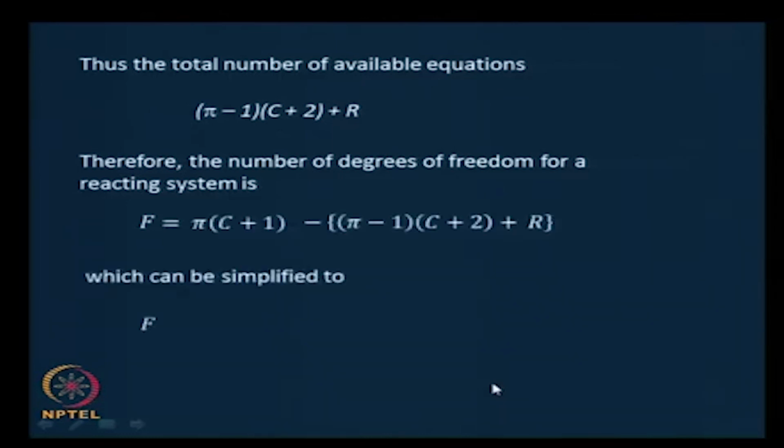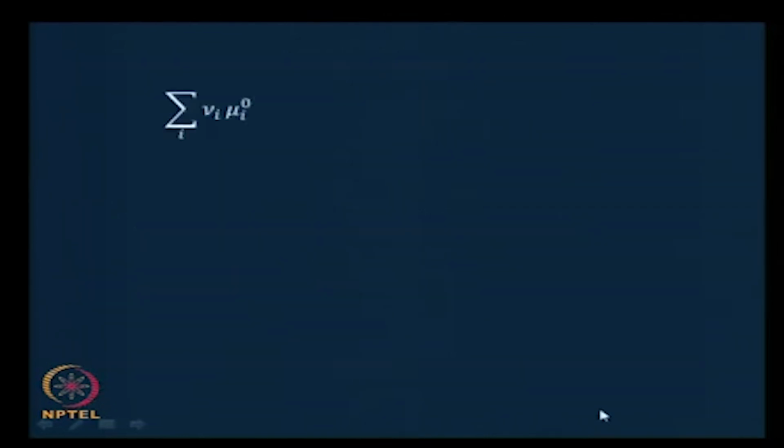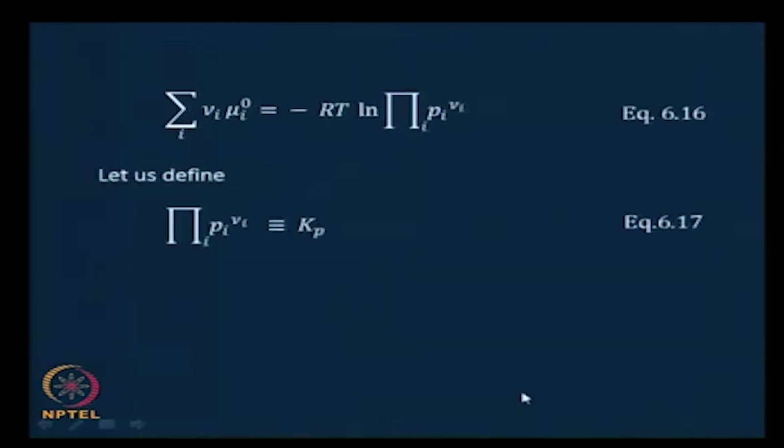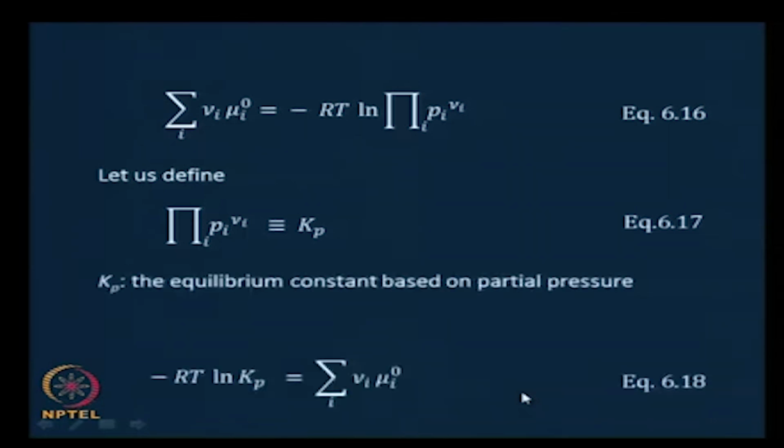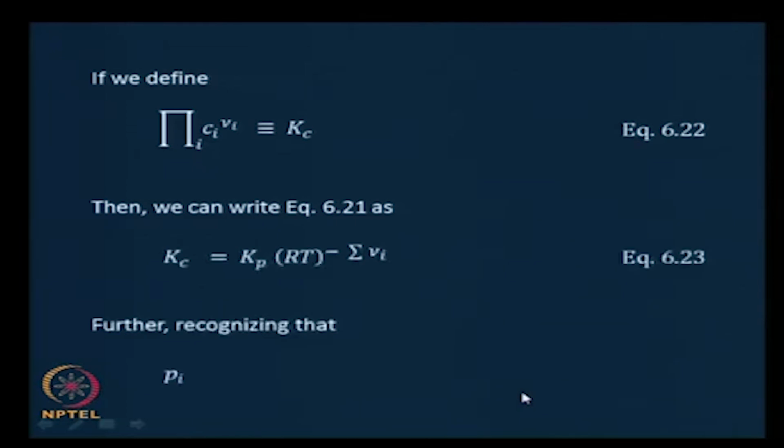For the phase rule, we just saw that the phase rule for a non-reacting system just gets modified by a minus R for a reacting system. The number of degrees of freedom reduces by the number of independent equations in that system, and then we define the various equilibrium constants. I let you see that on your own, Kp, Kc and Ky,